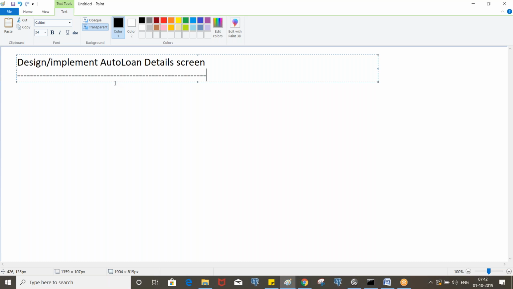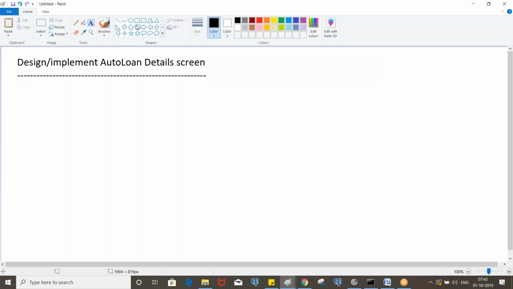The VIN is a drop down property, and inside it we put unique values. Whenever we select a VIN number, it has to fetch the corresponding make, model, year from the database and display it on the UI. So let's design the screen here.